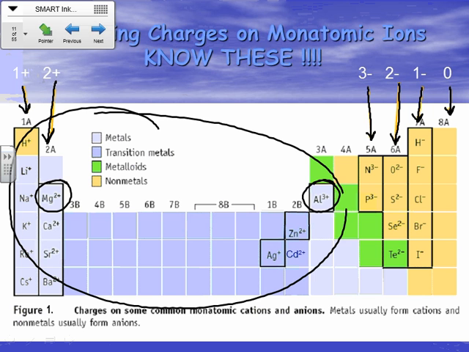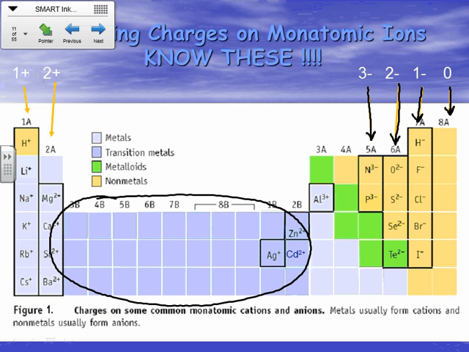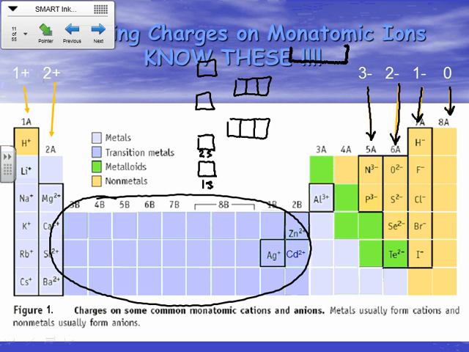So now let's talk about the ones in the middle for just a second here, because I said I was going to do this. This is not on your notes at this point. It will be a little bit later in the notes, okay, but I'm just going to mention it right now. These right here, let's say that I take Sc, that's the first d element, right? It's got 21 electrons. And if I draw out the orbital diagram for Sc, I've got my 1s, 2s, 2p, 3s, 3p, 4s, and then we've got this 3d over here. 1, 2, 3, 4, 5. Okay? So if I'm drawing out my orbital diagram for this,